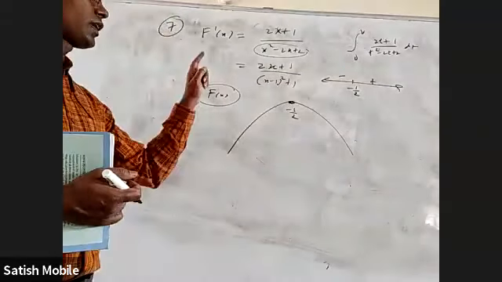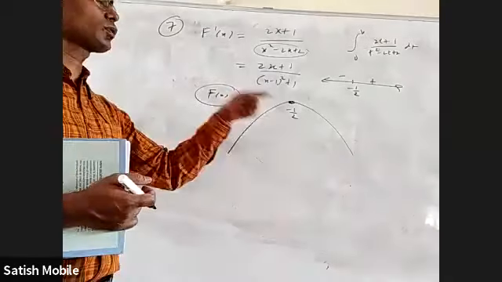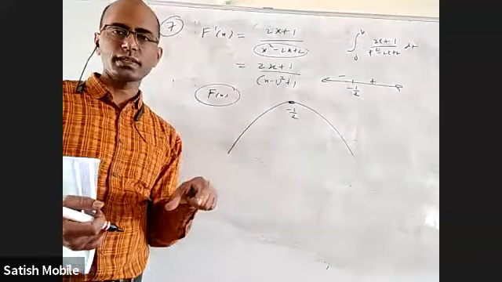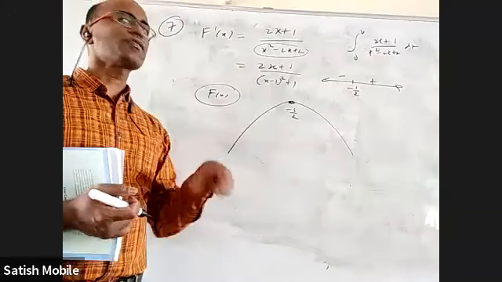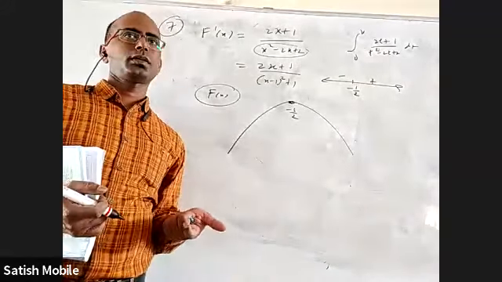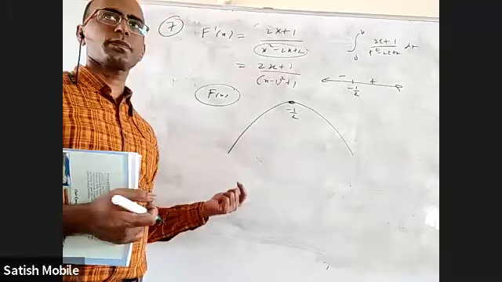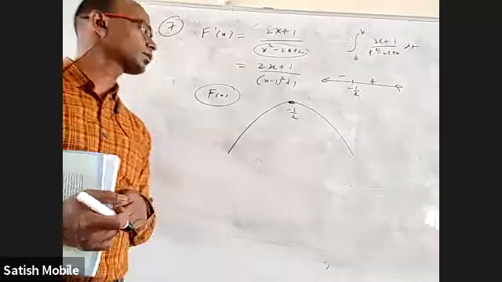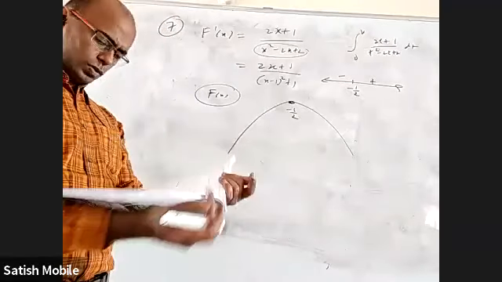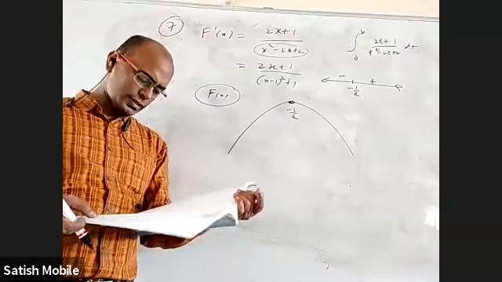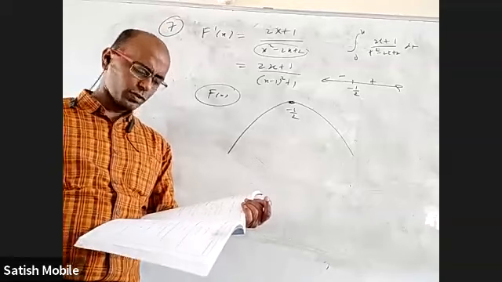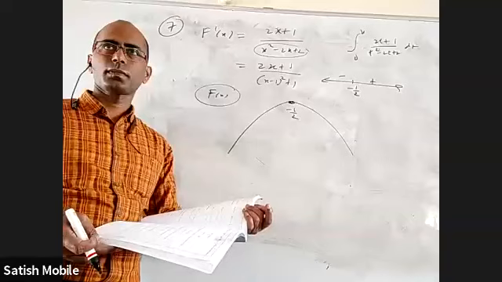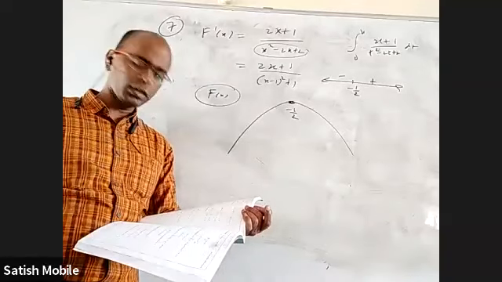So if you want to find the maximum, you have to find at minus 1 by 2 what is the value of that integral. And if you want to find the minimum, you have to find the value at minus infinity and plus infinity. In that, whichever is the lowest, you have to take that, and that to open interval, because that's only a limit, right? This is closed. So is it possible to integrate this easily? Yeah, should be, because linear by quadratic is the standard procedure, right? Numerator is linear, denominator is quadratic.